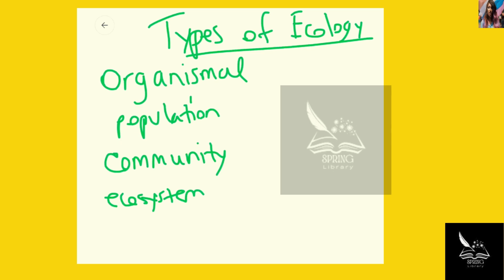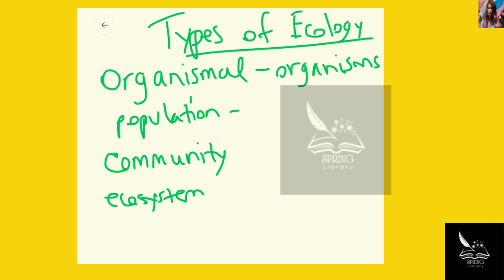All right, so we're talking about different types of ecology here and how these ecologists in each of these fields might be able to interact and how easily or difficult it would be for them to do that. So let's just define each and then think about it. Organismal ecology looks at specific organisms and their behaviors and tries to figure out why they have the adaptations that